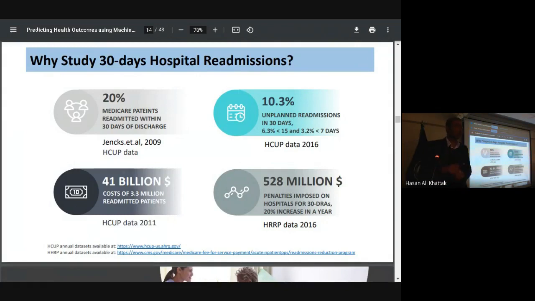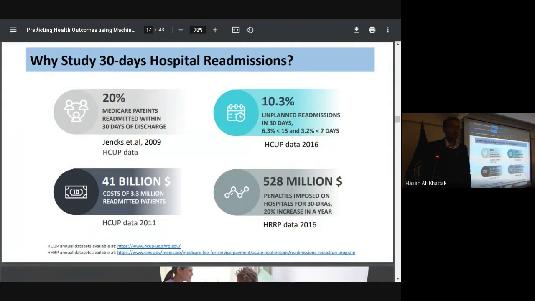Now, the 10.3% unplanned readmission in 30 days. Why do we use 30 days, not 35, not 40, not 100 days? Because 30 days is one index that is normally used there. There is no hard and fast logic behind it, but they consider it a good number of days to compare. Then, the $41 billion cost of 3.3 million readmitted